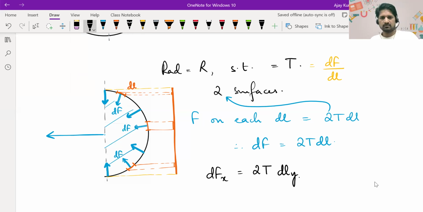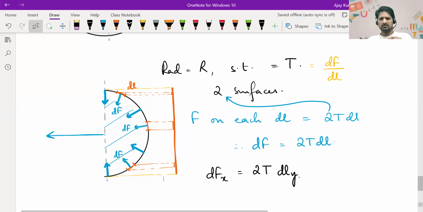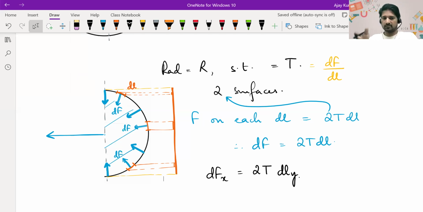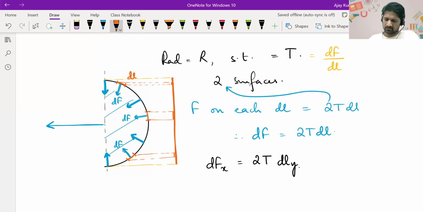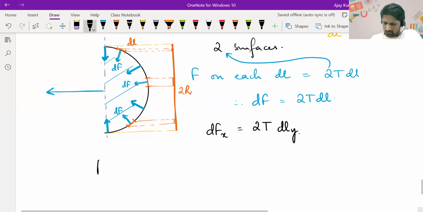So, when you project a hemisphere, you get a circle. This is not a hemisphere. It's a semicircle. When you project a semicircle, it forms a line, no? What will be the length of that line? You also. 2 times the radius, correct? 2r. That's all. Okay. Now, to get total force due to surface tension in x direction, you will be integrating